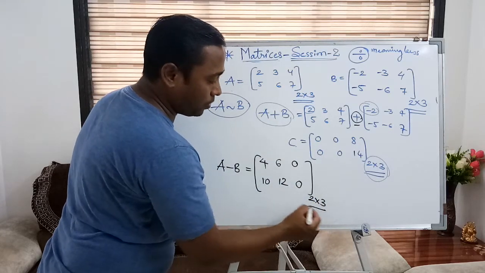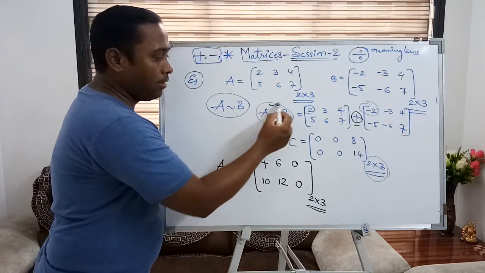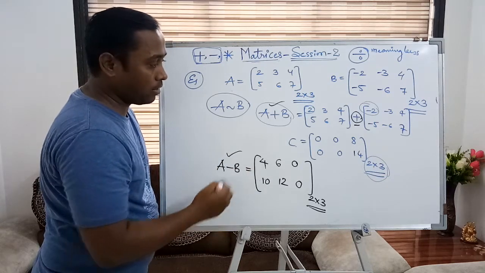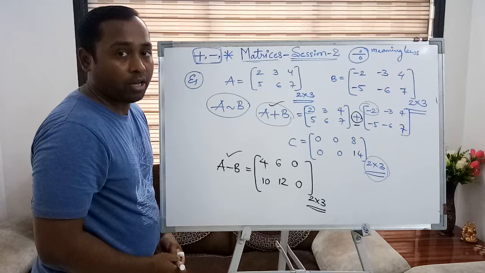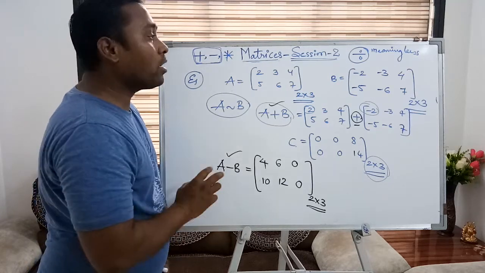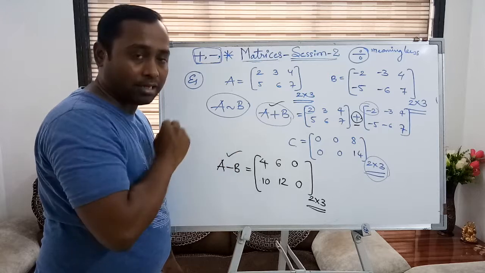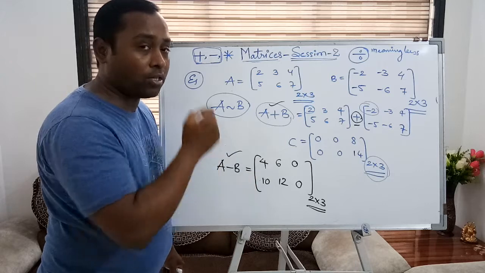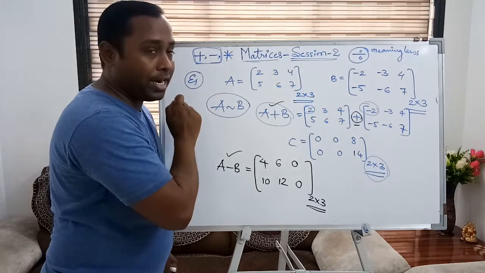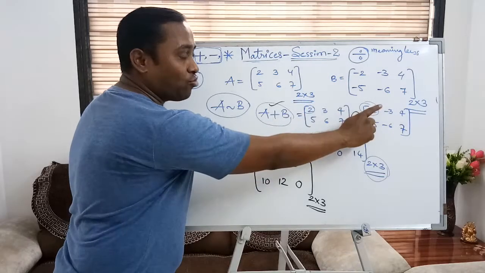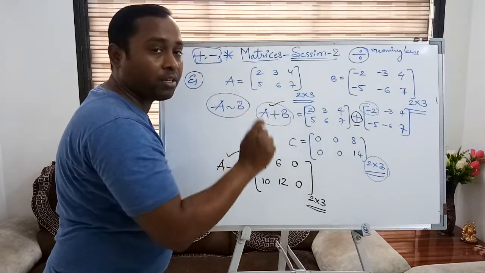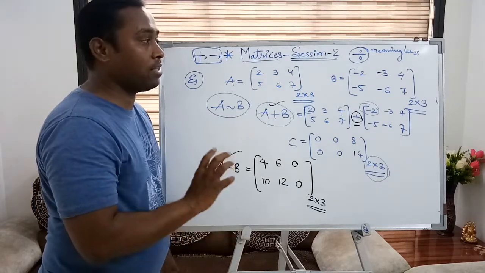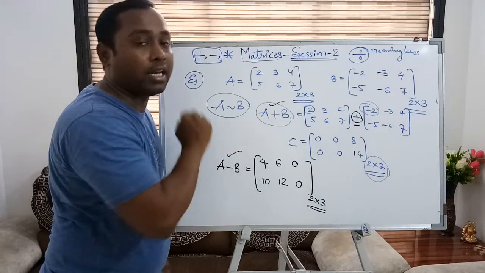2 rows, 3 columns. You can see, whether you are adding the equivalent matrices or subtracting the equivalent matrices, the order remains the same. Have you understood? So here we have understood how to add the matrices, how to subtract the matrices, and before adding and subtracting, what is the condition to be checked? Before adding and subtracting, their order must be checked and the order must be the same. Then only can you add or subtract the matrices, otherwise the addition and subtraction process becomes meaningless.